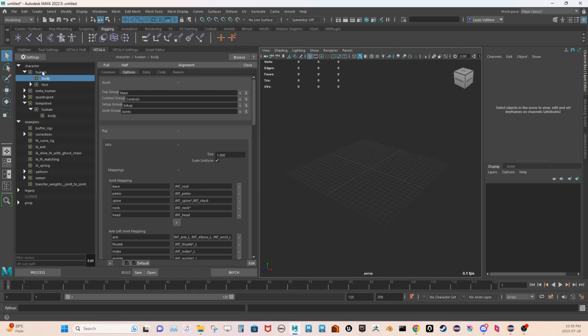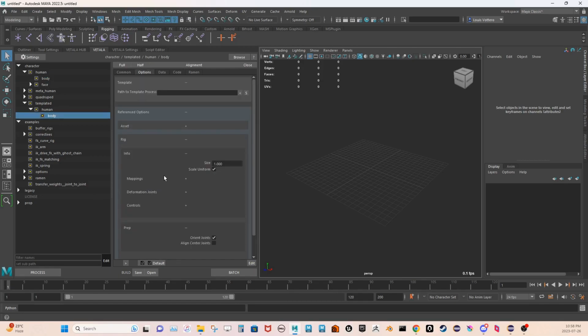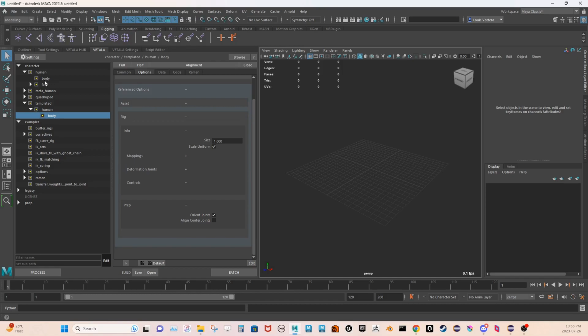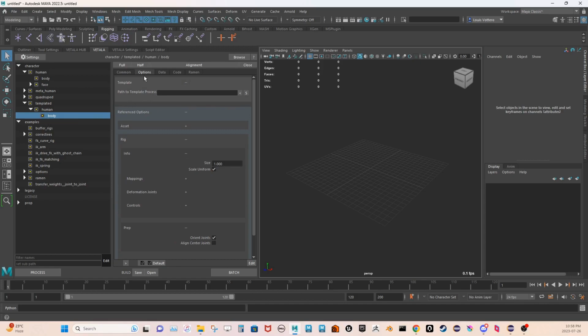So usually with a process, your data and your code run together and they create whatever rig you've defined by that process. In a templated process, you're using the code, and the data, well, actually mostly the code and the options from the source process. So in order to set up the options, if I hit edit,